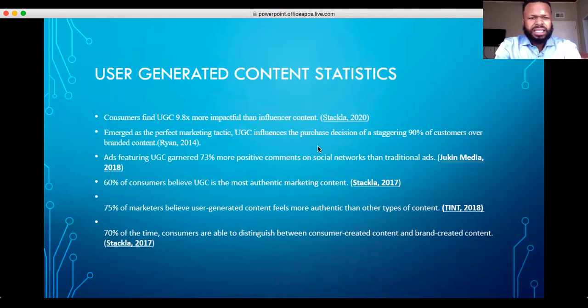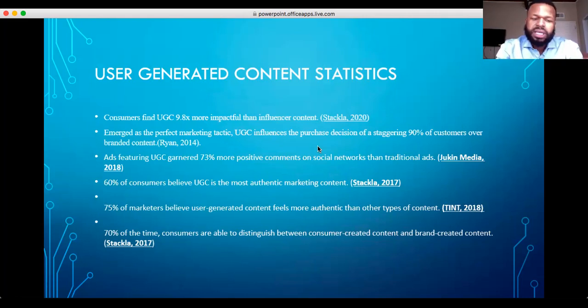It has emerged as a perfect marketing tactic, because it shows purchasing decisions have a staggering 90% influence over customers. Also, ads featuring user-generated content earned 73% more positive comments on social networks than traditional ads. 60% of consumers believe UGC is the most authentic marketing content. 75% of marketers believe user-generated content feels more authentic than other types of content.